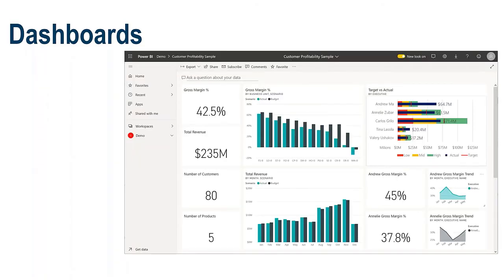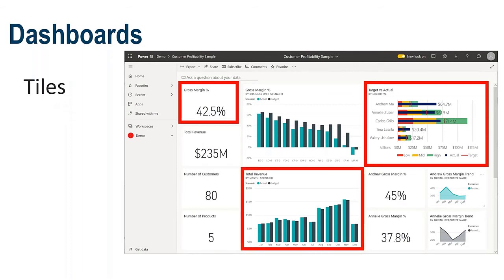And lastly, we have dashboards. Remember, this is our 50,000-foot bird's eye view of what our data looks like. So this is a Power BI dashboard. And we've got a new vocabulary word that we have to learn here, tiles. Dashboards are made up of tiles, and all of these things on here are tiles. A tile can be either an individual visualization from a report, or it can be an entire page of a report. Either of those things can be a tile on a dashboard.